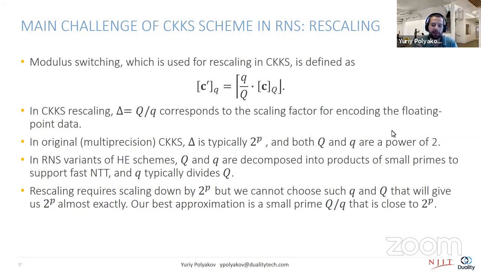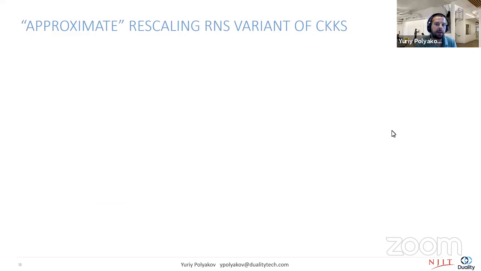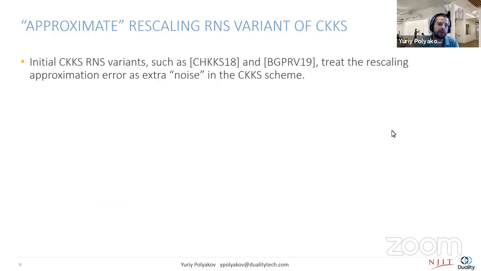But given the constraints that we have for lowercase q and uppercase Q, we cannot choose something that exactly matches 2 to the power of p. The best we can do is to find a small prime that is close to 2 to the power of p. And based on this idea, so